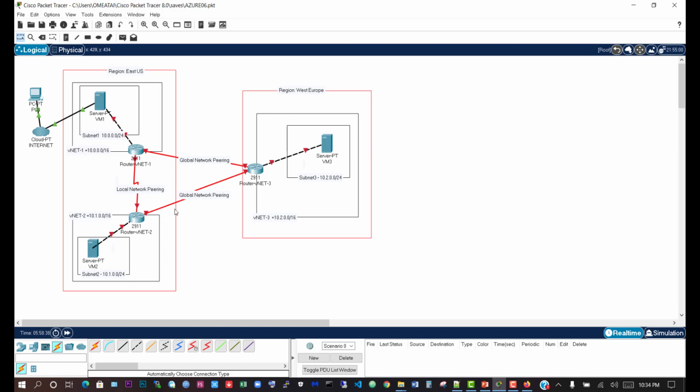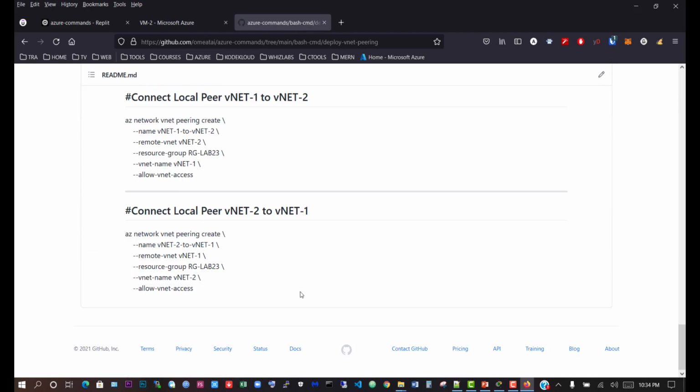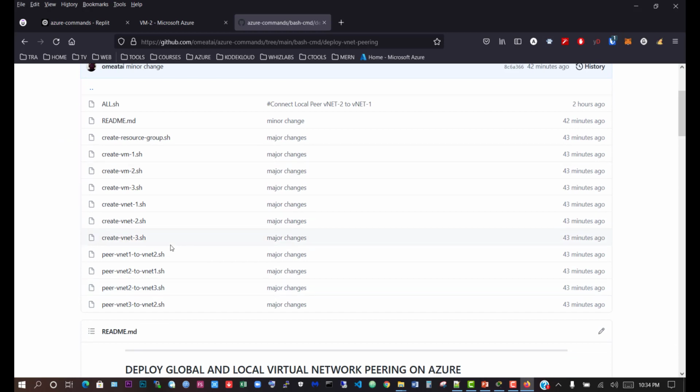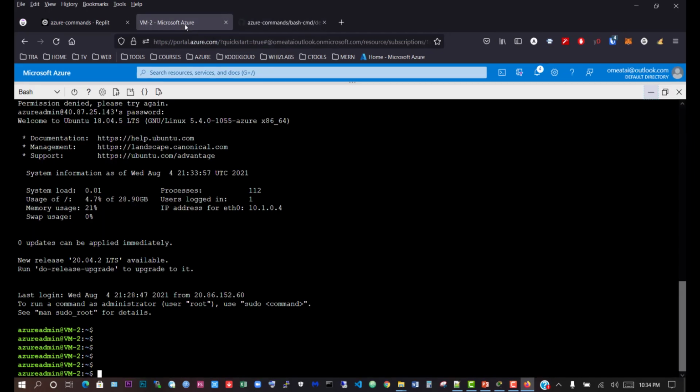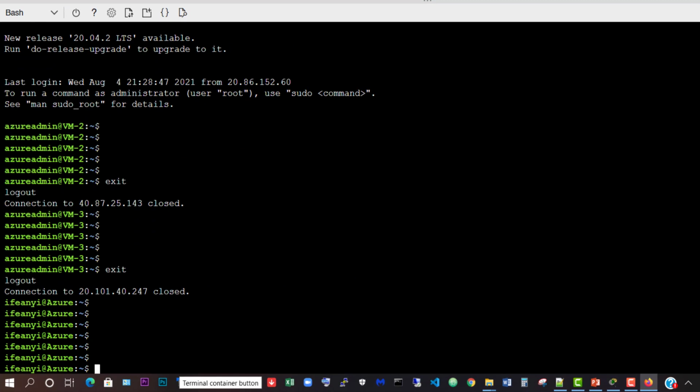So we've been able to create this. Next, let's set up the local network pairing, connecting VNet 1 and VNet 2. So let's do that. Come back here, and we'll run our script. That's connect local pair VNet 1 to VNet 2 and local pair VNet 2 to VNet 1. To do that, we would use pair VNet 1 to VNet 2 and pair VNet 2 to VNet 1. So let's exit and list